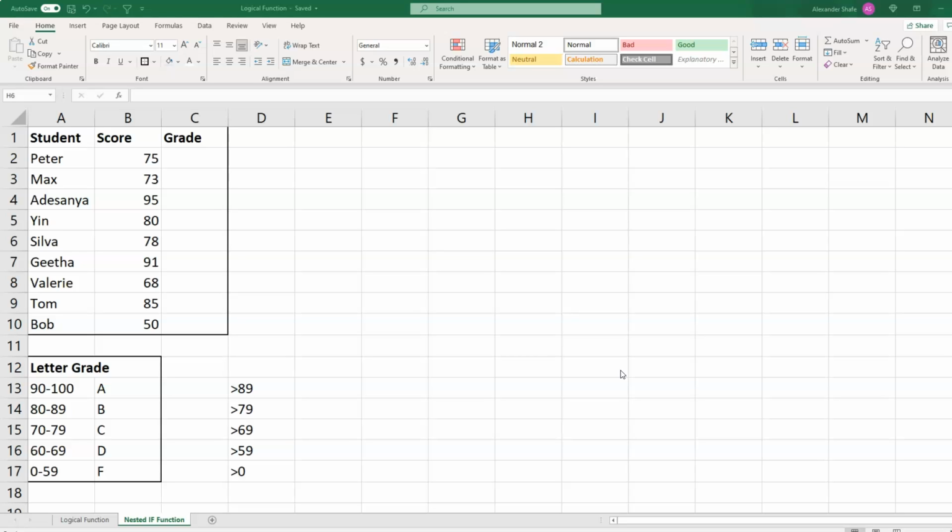However, because anything above 89 has already been captured as a letter grade A, when Excel is interpreting this formula and it gets to the second condition, which is print out anything greater than 79 as B,